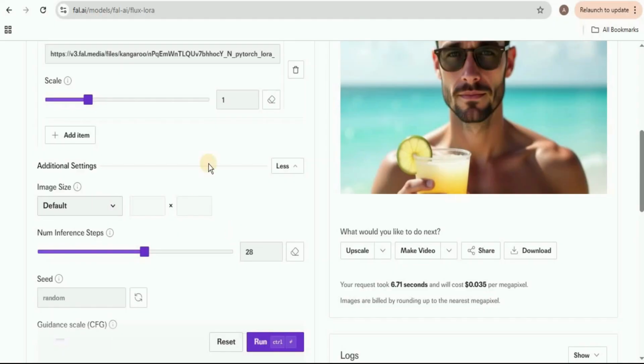Once you first sign in to Fal.ai, you get $1 in credits. And take note that each generation costs around $0.035 per megapixel. So this means for each dollar, you can run this model approximately 29 times. Here I just gave you an example of training the model on your own images, but you can also use it to train the model on any of your products to perform product photography or use it in any of your small projects. You just need to keep an eye on the cost if you are doing high resolution generation frequently.